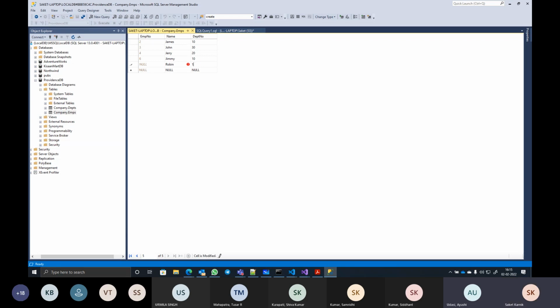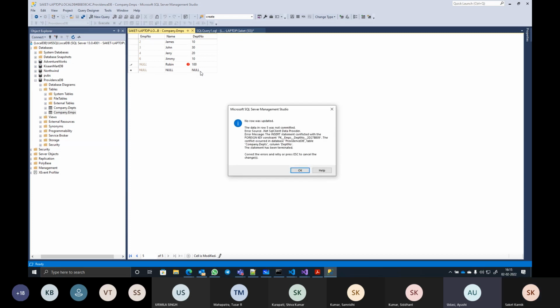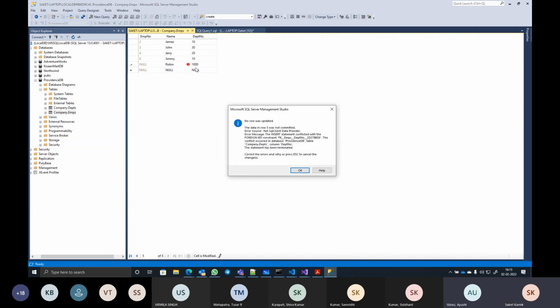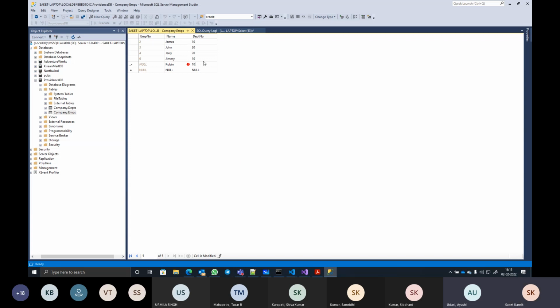I put some non-existing department number. Error. I replace this with another non-existing number. I click on another row. Still there is an error. And then I go back to something which exists, or I make it null. It does accept. See here, it skipped 8 and 7 both, because there were 2 attempts with 2 wrong values,